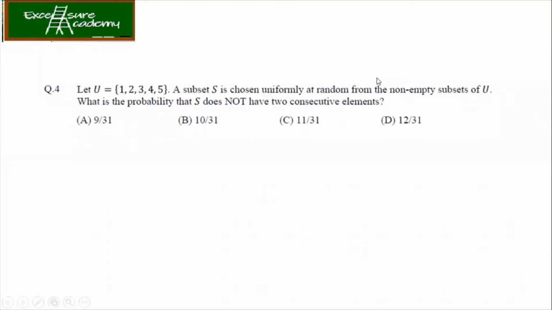Let's move on to the next. Now, again, this comes from the sets and functions chapter. Let's say that it is given that U is equal to {1, 2, 3, 4, 5}, a set is given. So, how many elements are there? 5 elements are there, right? Now, the number of non-empty subsets of U will be how many?